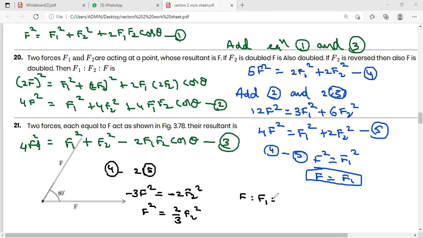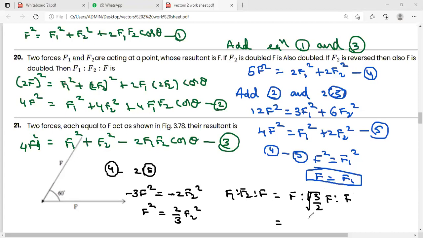Okay. Now you just have to get the relation for F is to F1 is to F2 only, the question. It is better to write in terms of F only. In terms of F1, what you write? F only. In terms of F2, we can write 3 by 2 F square. That means root 3 by 2. It is in terms of square only, na? Root 3 by 2 F is to F only. F will be cancelled everywhere.